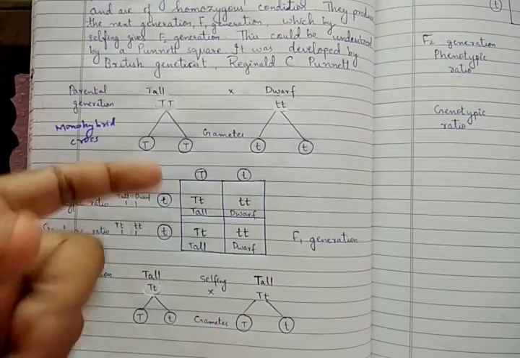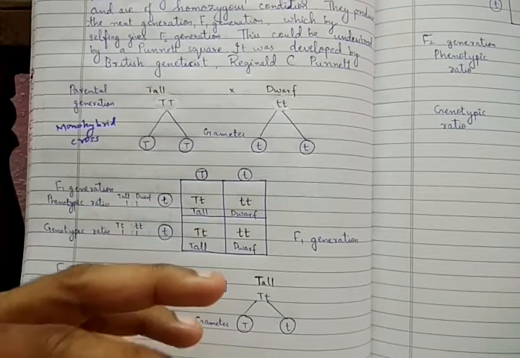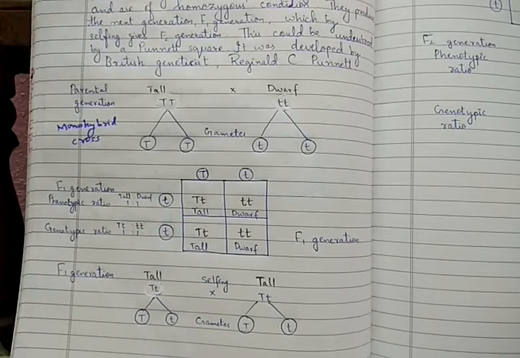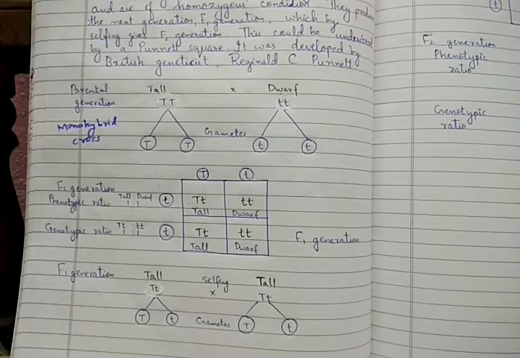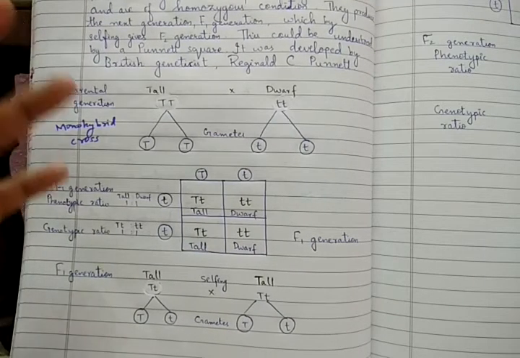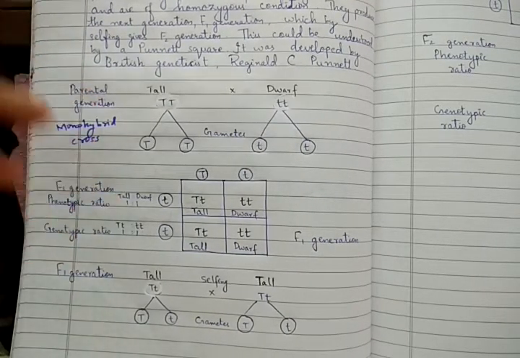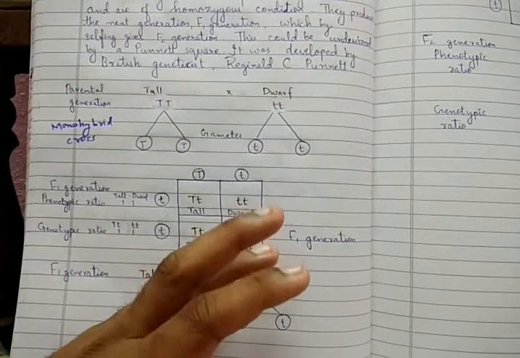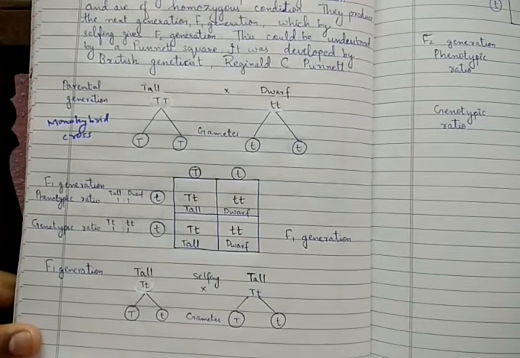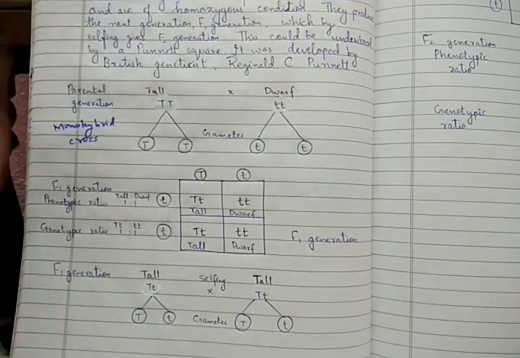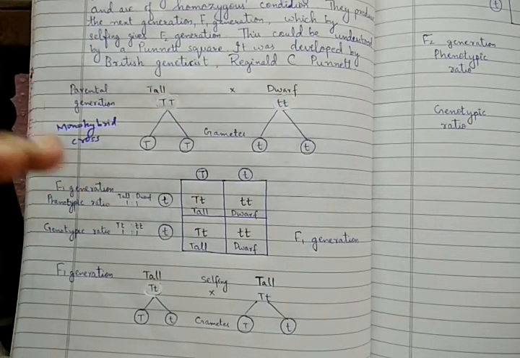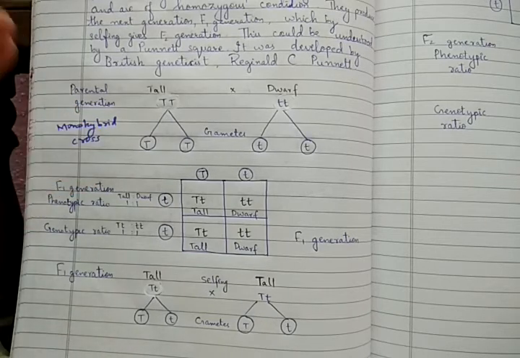Crossing means a sort of fertilization process, or we can say reproduction, if we are being very specific about what we are doing. We will do a reproduction process between a tall plant, a plant which is tall in height, and a plant which is dwarf in height. We are taking this example from the pea plant's height, and we will take them as the parental generation.